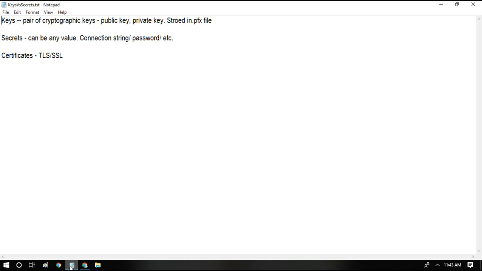Secondly, secrets. Secrets can be anything. For example, it can be a password or it can be a simple value that we want to keep somewhere secret. For example, an SMTP server name. It can be anything basically. Okay. In our case, if we want to create a linked service and refer the connection string from Key Vault, we can store that connection string or the access key in the secrets. Okay, so normally secrets can be any value, but internally it will be stored as binary.